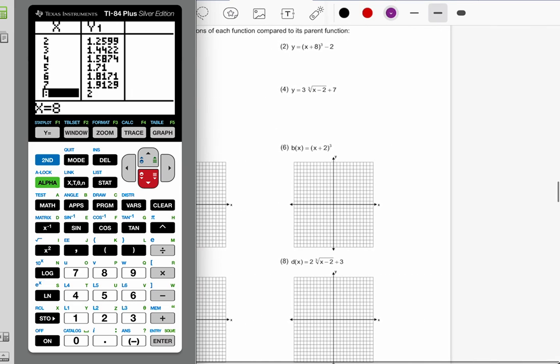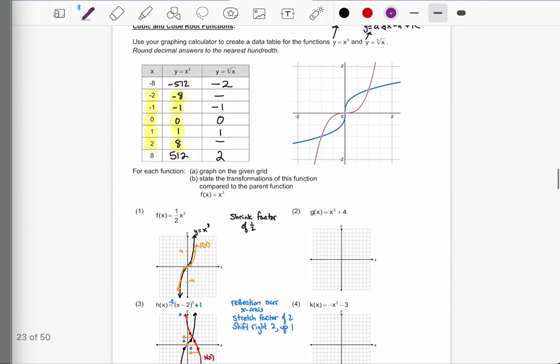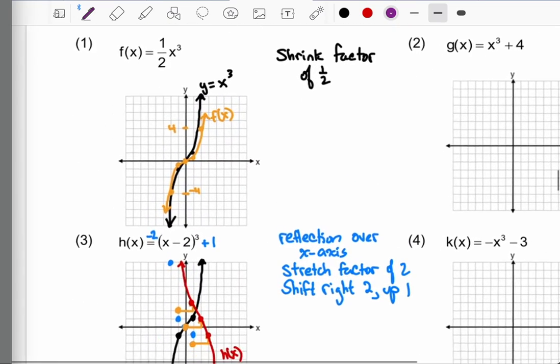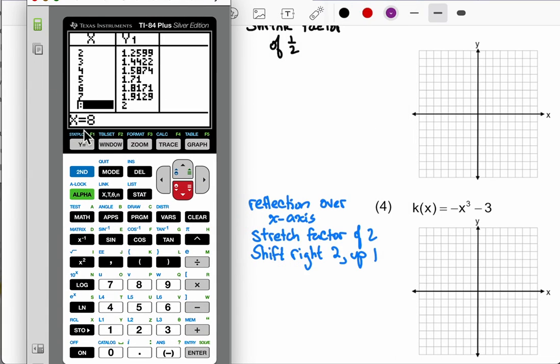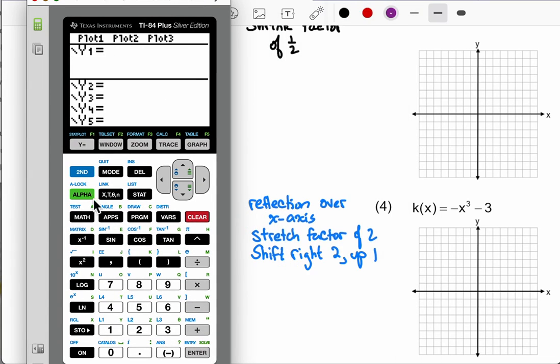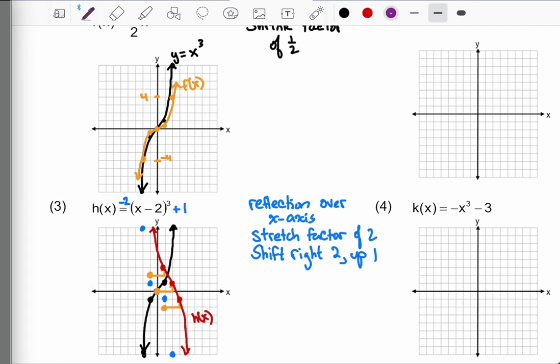So for that, let me get the calculator out of the way. You'd go back and take a look at what we did over here. All right. And it all starts with the parent function. Right. So you get the parent function. Like again, just very quickly, if I want the parent function for x to the 3rd power, go right to the table, grab some convenient points, plot them, then start your transformation. Shift left, right. You know, reflect, stretch, shift left, right, up, down. All right. So I'm going to